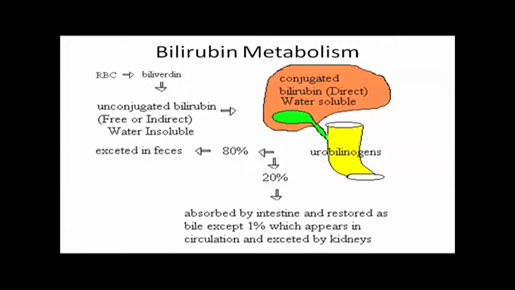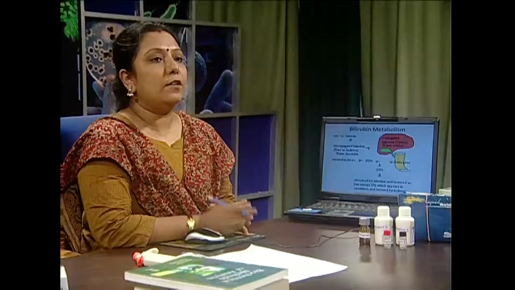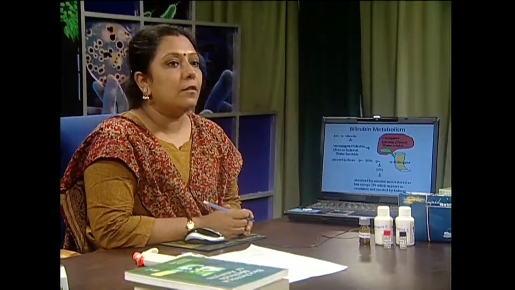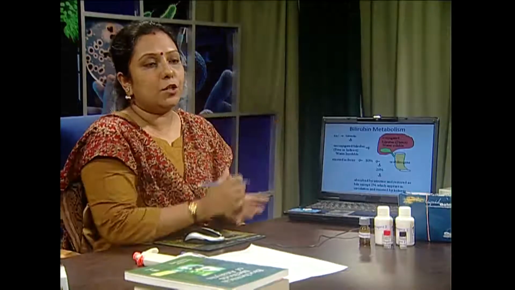Heme oxygenase will produce biliverdin. Now this biliverdin, with the help of biliverdin reductase, will produce bilirubin. One molecule of bilirubin will be attached to two molecules of serum albumin and they will be transported towards the liver. This albumin bound bilirubin is the unconjugated or indirect bilirubin.